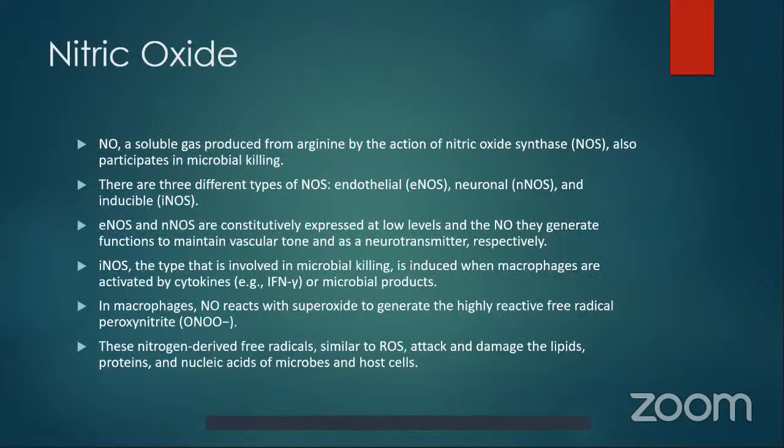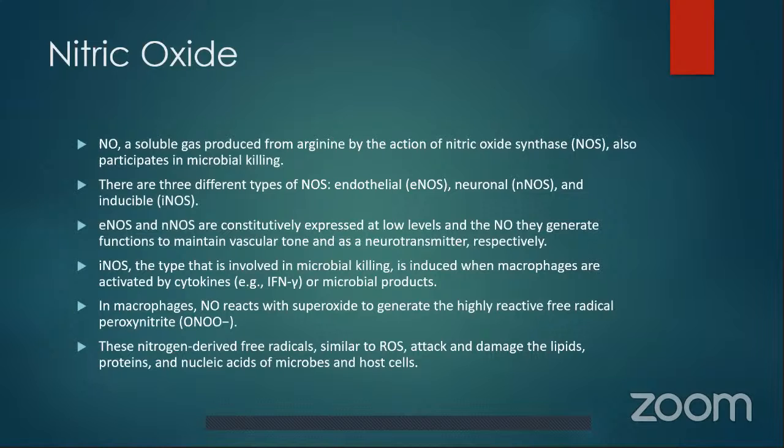The other important chemical which is involved in phagocytosis is nitric oxide. It's a soluble gas produced from arginine by the action of nitric oxide synthase, which also participates in microbial killing. Now, if we think about it, there are three different types of nitric oxide synthase. One is endothelial nitric oxide synthase, the other one is neuronal, and the third one is inducible nitric oxide